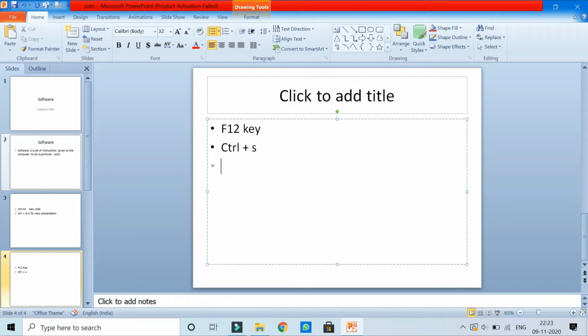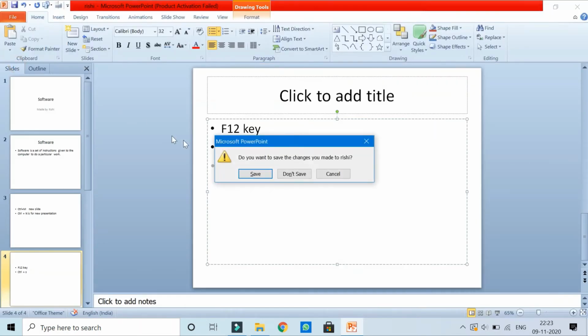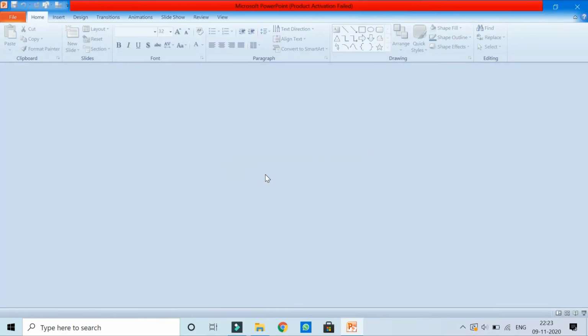Now children, if you want to close your presentation, simply go to File and choose the Close option. It will say, do you want to save the changes you made to Rishi? I say yes, so save. And you see here your presentation is closed, but your application is still on the screen.